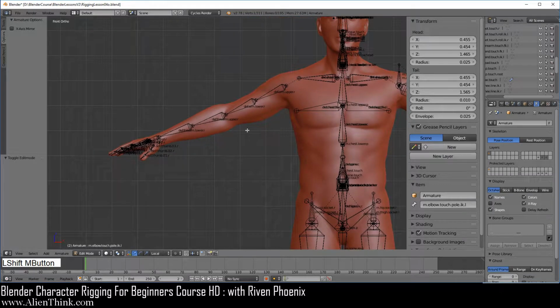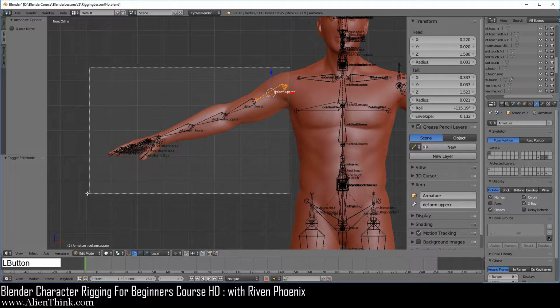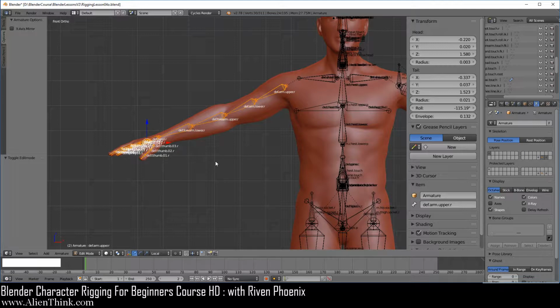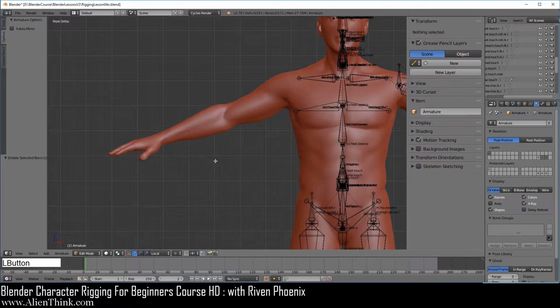Now over here, what we have to do is first delete out all these bones. So just click on this bone first. Now go ahead and just press the B key, and here you can just select all these bones like this, do X and delete these bones, right? Because we have the X-axis mirror feature off, everything should be deleted.